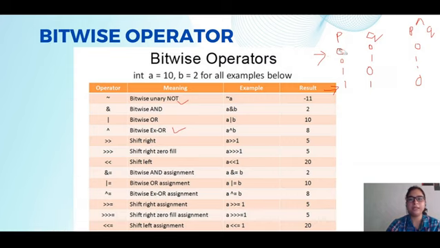So we are done with the AND, OR, NOT, and XOR truth tables. In a later video, I'll explain what is left shift, what is right shift, and then we will solve some questions. How do we represent these bitwise operators? How do we use them in the form of code? So in the later video. I hope this video was useful,